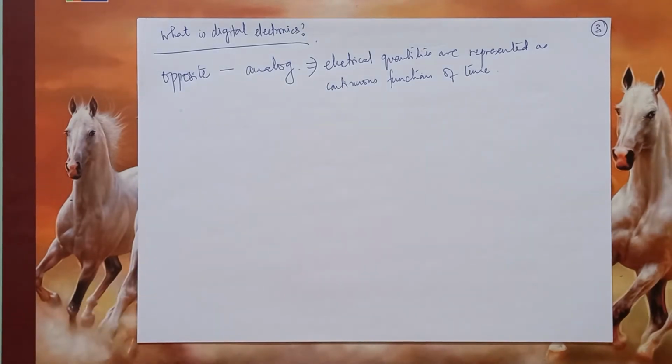So electrical quantities are represented as continuous functions of time. Now, when I say electrical quantity, it could mean voltage, current, and so on. There could be some non-electrical quantity which could also be represented as a continuous function of time, and that's perfectly acceptable. For example,